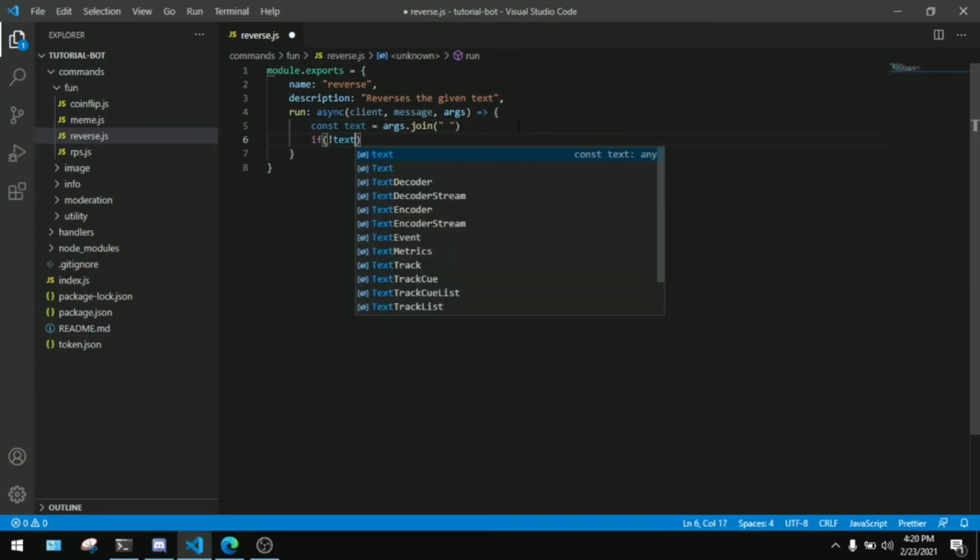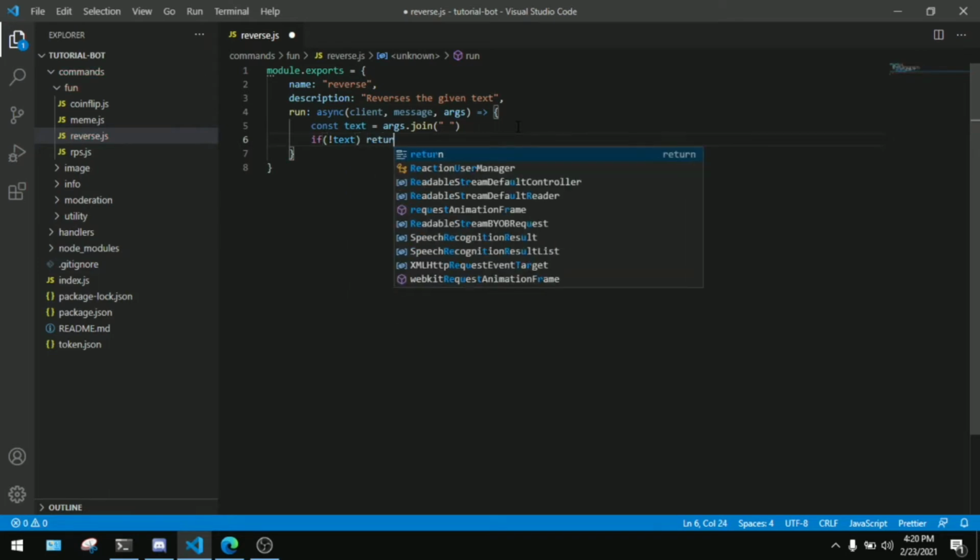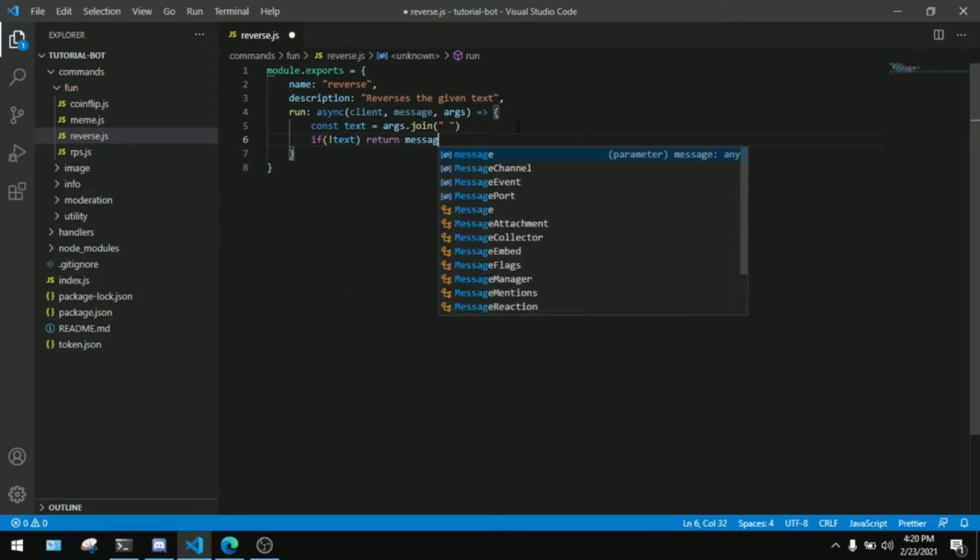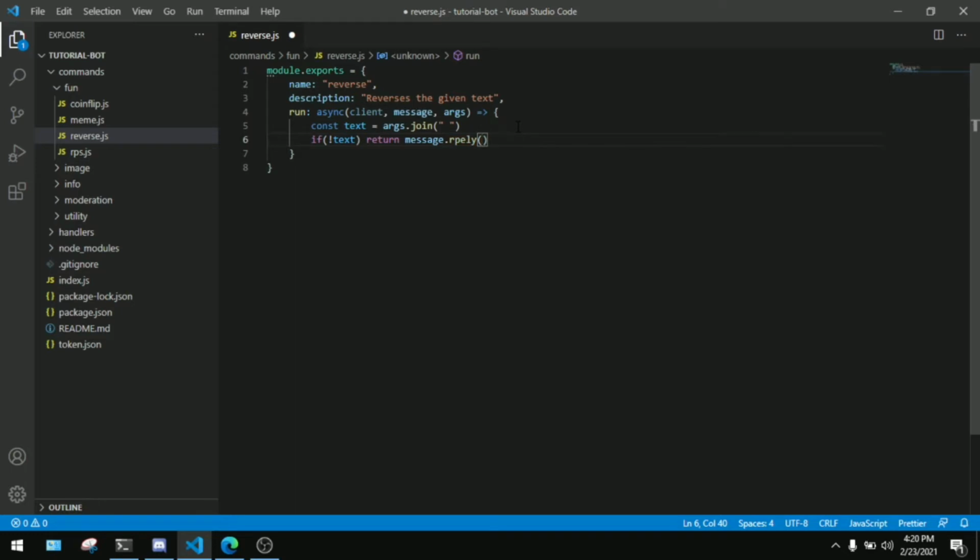So for that we'll say, but before that we're gonna say if no text is defined, we're gonna return and we'll say please specify something to reverse, or a message that will let the author know that they need to input some arguments before using this command. So we'll say please give something to reverse, and then we're gonna split all of these letters one by one